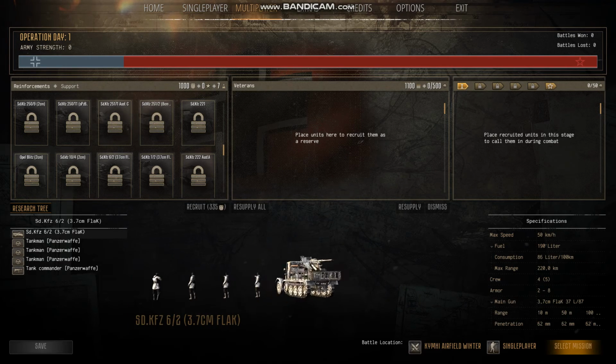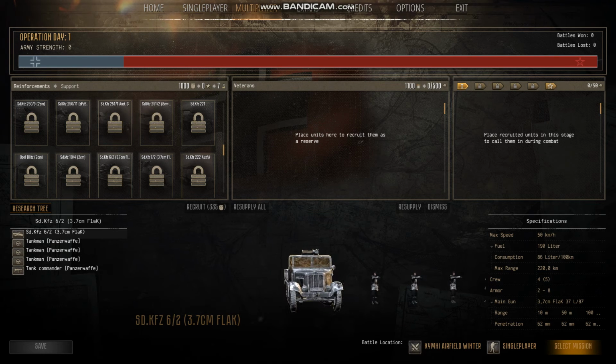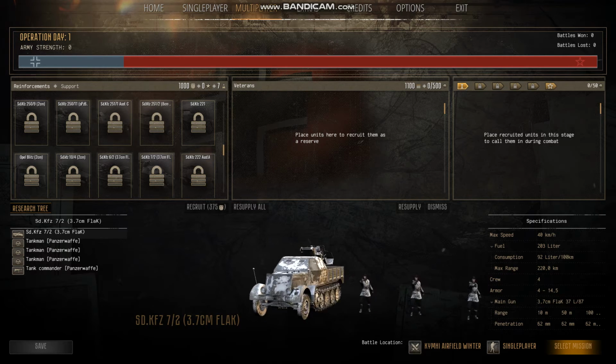3.7cm on the truck, I also wouldn't do it. Bring the Ostwind, it's far better. This is the budget version. Will also die quick. Same gun on just an armoured half track, but like I said, it will still die